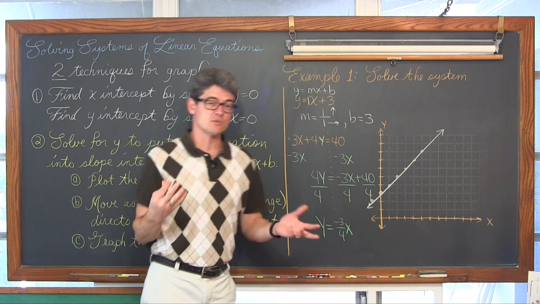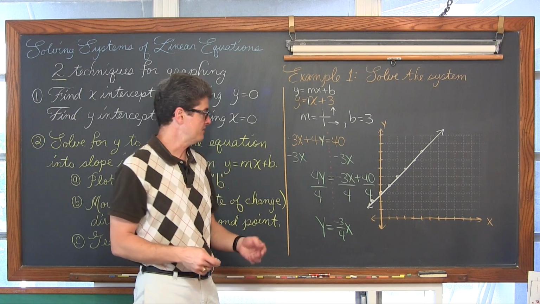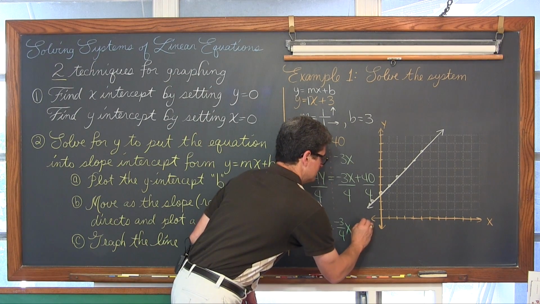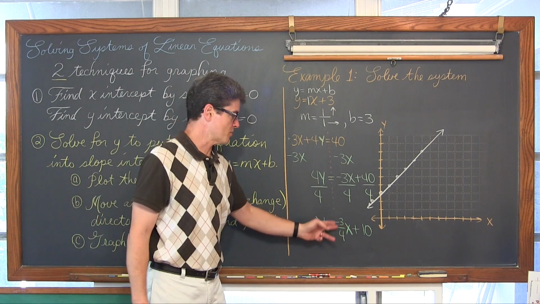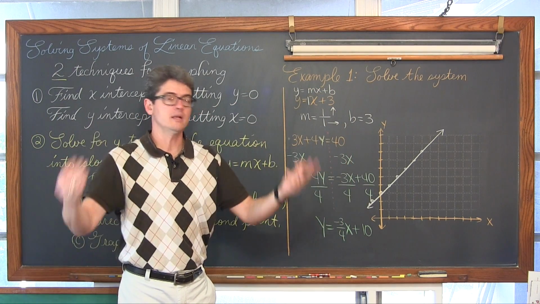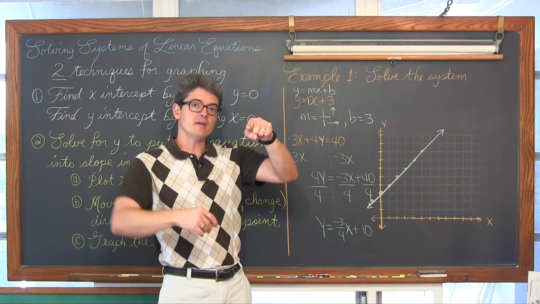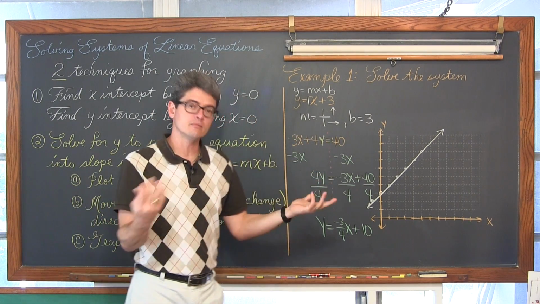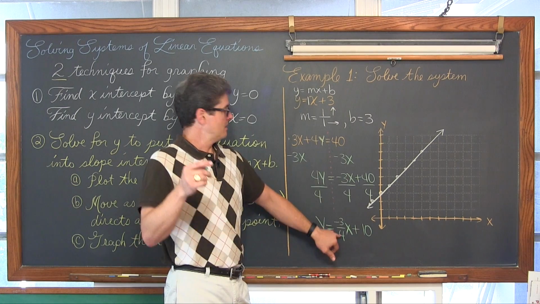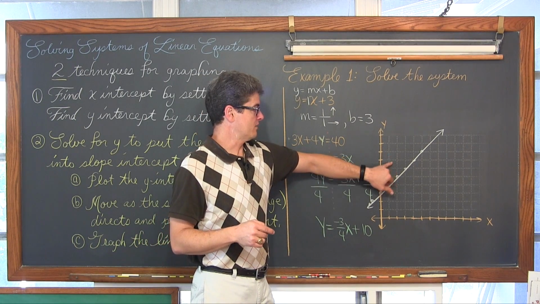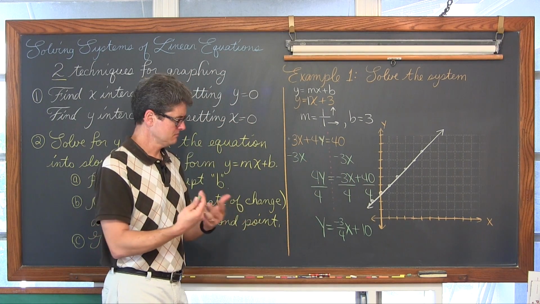If you're calculator dependent, which you really shouldn't be, don't grab that and put it into your calculator and say it's negative 0.75. That is going to be really good if you're talking about some kind of real-world application problem and you want to interpret the slope in terms of the word problem, and it would be a unit slope of negative 0.75, which means you go down 0.75 units for every one you go to the right, and that would be great for doing some kind of summary for a real-world word problem application. But for graphing, going down 0.75 of a unit and over 1 is going to be very difficult.